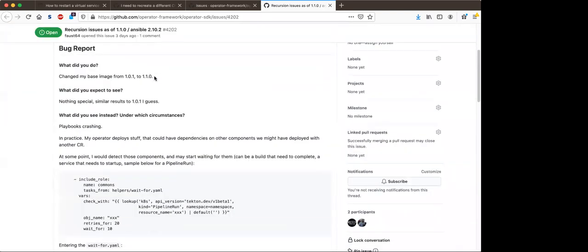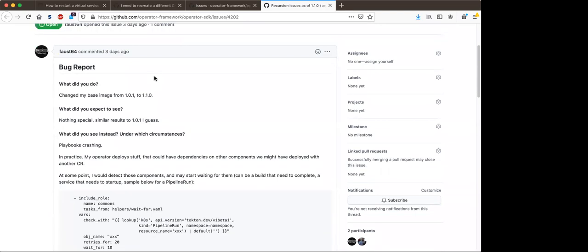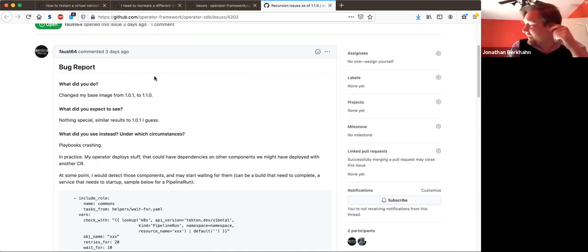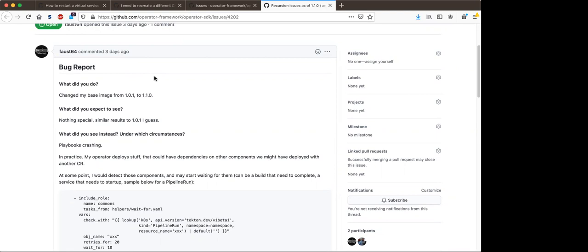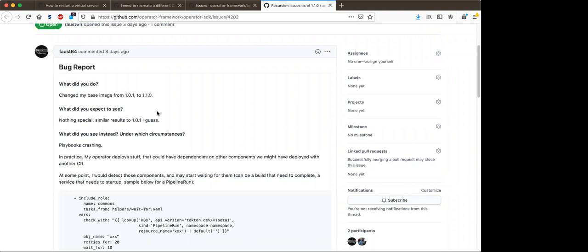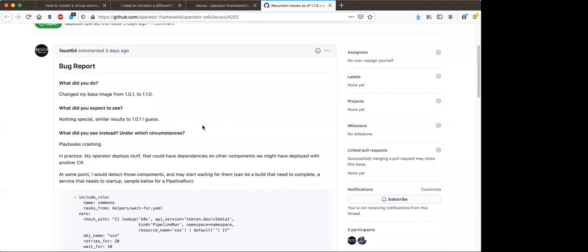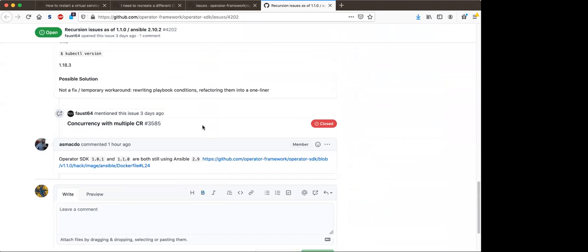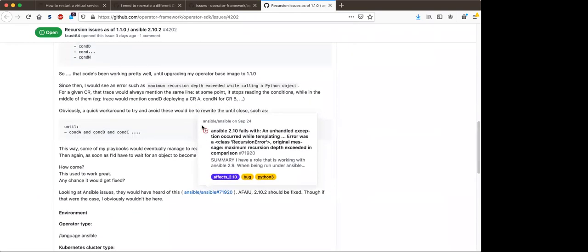So this could be ultimately fixed if we do upgrade to 2.10, but we were advised not to in the meantime. I'm not really super up to date on Ansible. Is 2.10 the newest version? It was the newest version. It might still be. It's a very recent version. Why were we advised not to upgrade to it? They refactored a fair amount of stuff, and we were a little worried it might be unstable. But I'm not sure. Maybe we ought to just go ahead and do it.